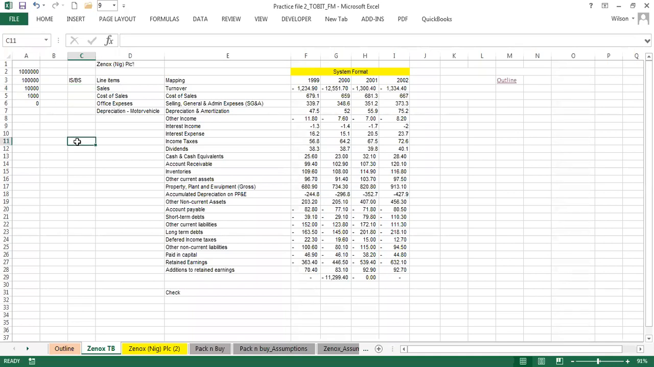Okay, so we have our TB for Xenox Nigeria PLC. Xenox Nigeria PLC is a case study we are going to look at, and it is this case study we are going to use to complete our entire lecture series on financial model forecasting, and that's very important. I sent a note, and you should